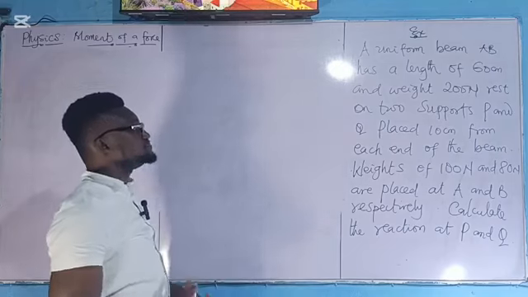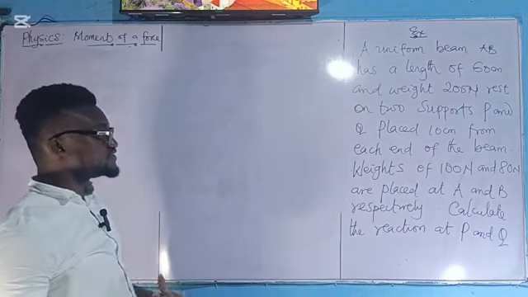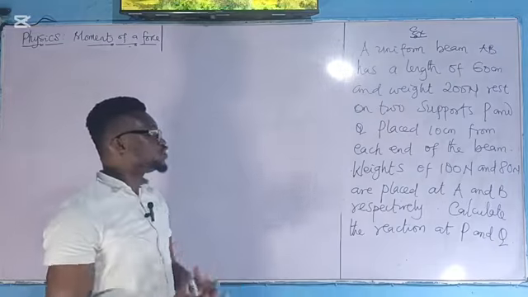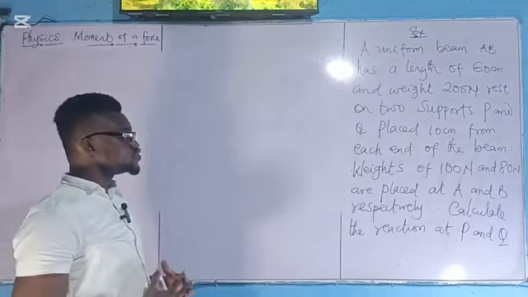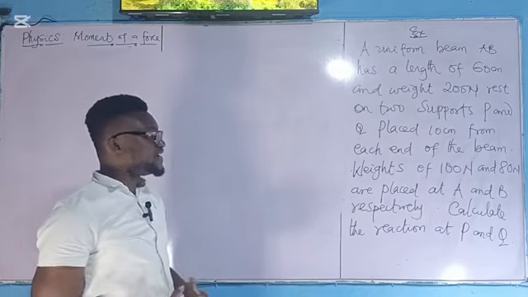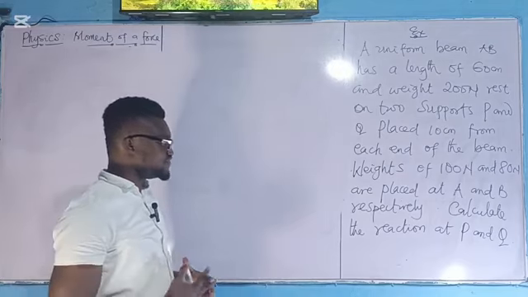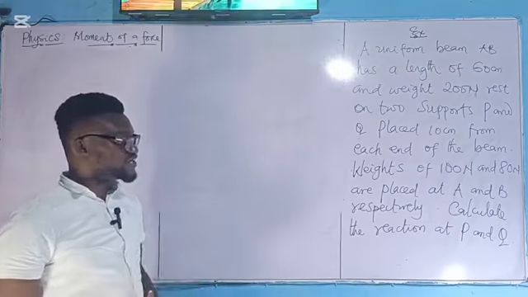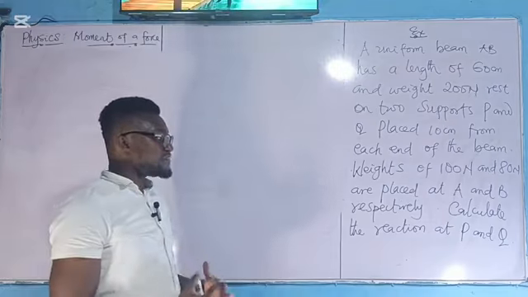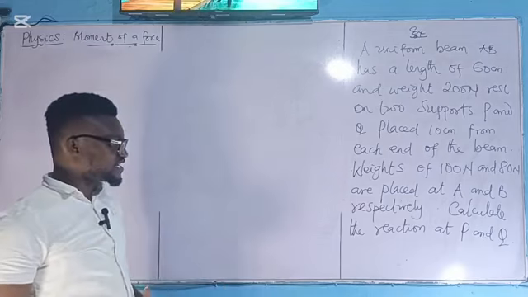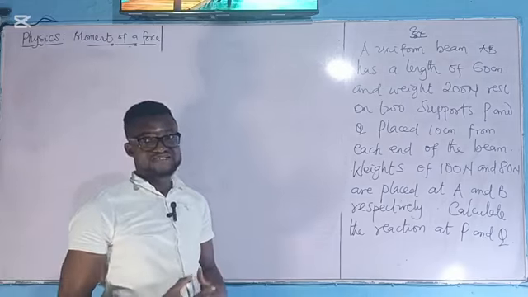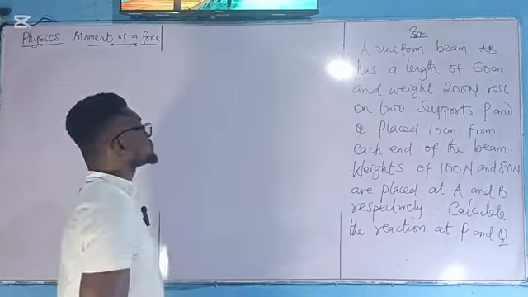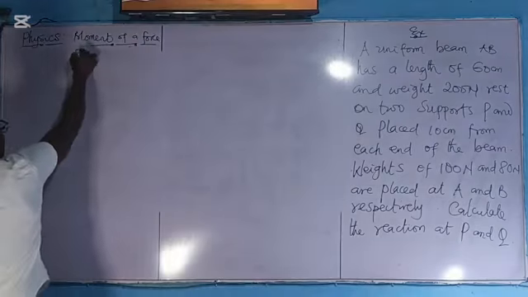Now let's apply this in solving. A uniform beam AB has a length of 60 cm and the weight 200 Newton rests on two supports P and Q, placed 10 cm from each end of the beam. Weights of 100 Newton and 80 Newton are placed at A and B respectively. Calculate the reaction at P and Q. So solution to the exercise,